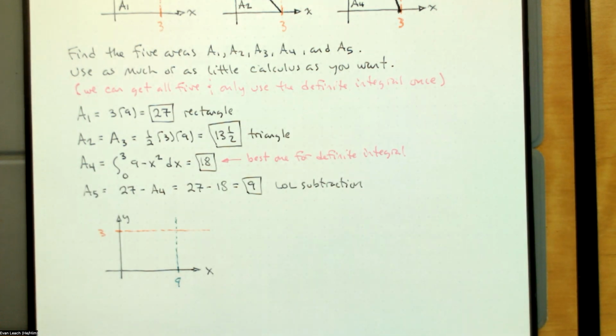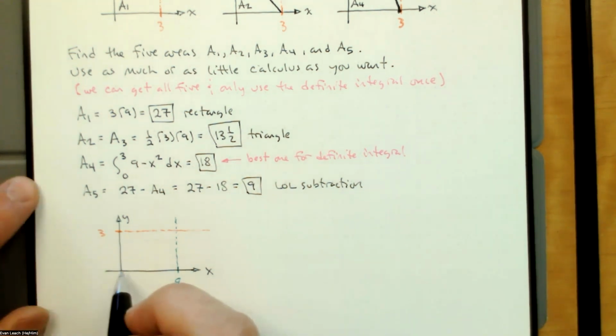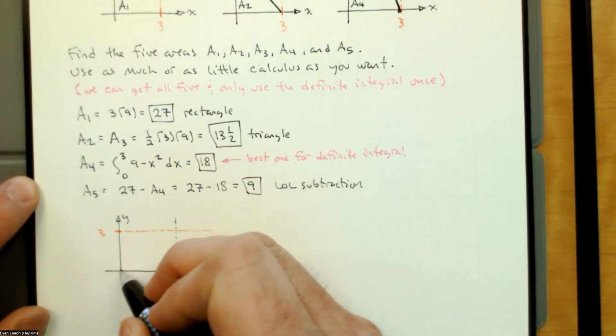this doesn't change anything for the rectangle. I could put a diagonal in each one of these and I would have the same two triangles. The 27 rectangle, if I cut it in half across a diagonal with a line from corner to corner, I'm going to get 13 and a half in each triangle. And if I cut it with the same parabola from one corner to the next,